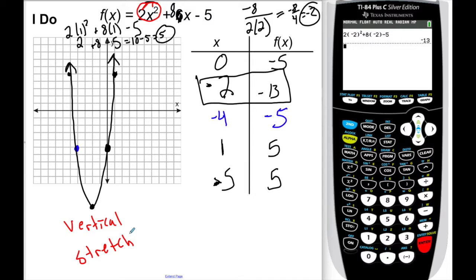Or I guess some people would see it as a horizontal being pushed in. That's another way that some people will look at it. Right? But I see it as being stretched up in the form of the y values increasing much faster. You see more explosive growth. But what's interesting about this is that